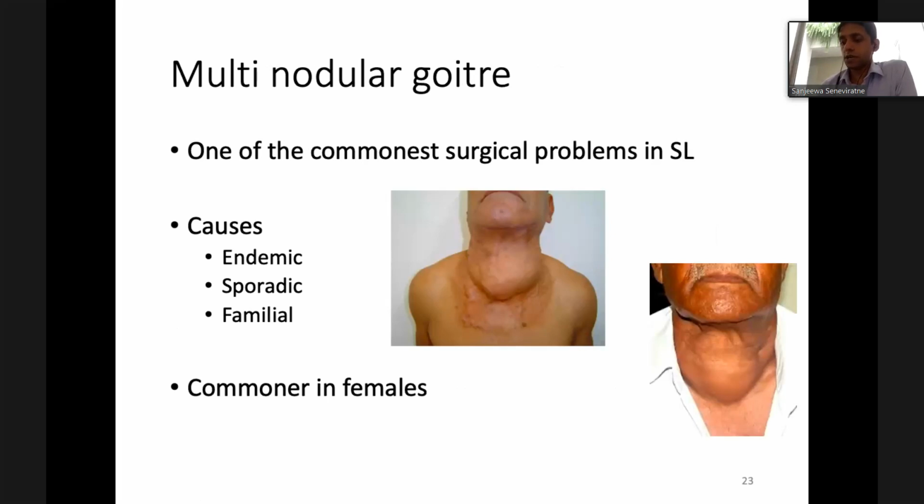So that's about toxic multinodular goiters. Then the next situation is, now we have discussed the three conditions that lead to hyperthyroidism. That's Graves' disease, toxic multinodular goiters, and toxic adenomas and their